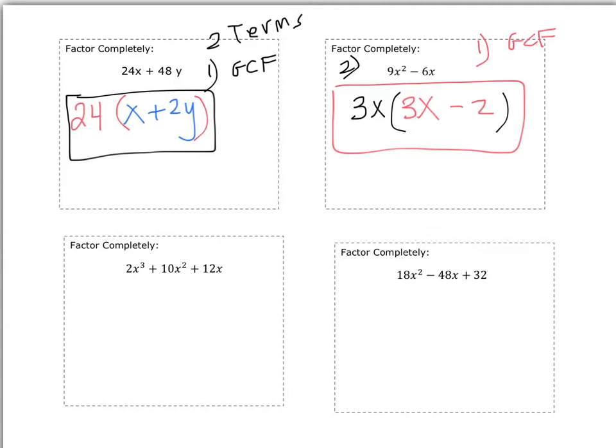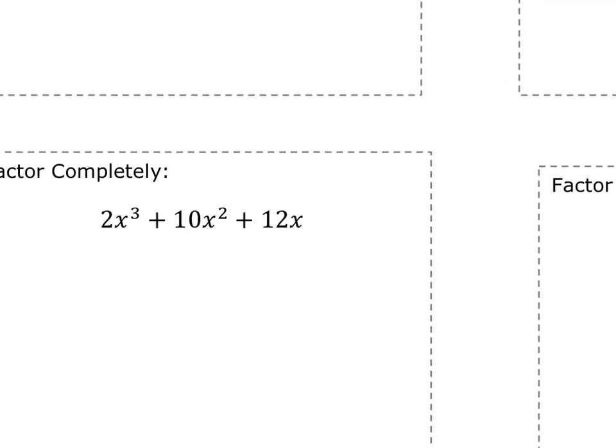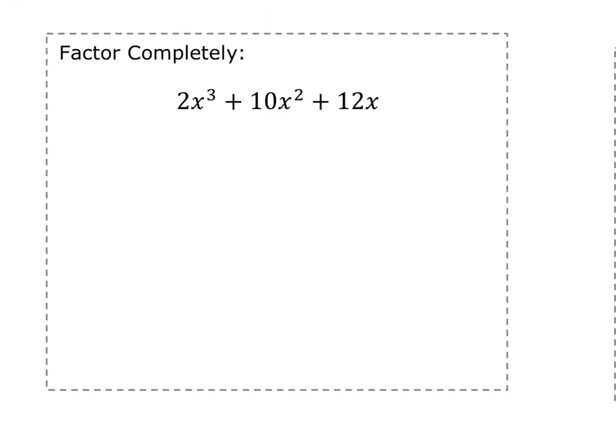So as you can see, my first step is always to find the GCF. And if that's it, and there's nothing else I can do, that would be my final answer. So let's move on to the third example, which is 2x to the third plus 10x squared plus 12x. So as you can see, how many terms do I have over here? I have 3 different terms, and I can see that there is an x in common, so I'm going to